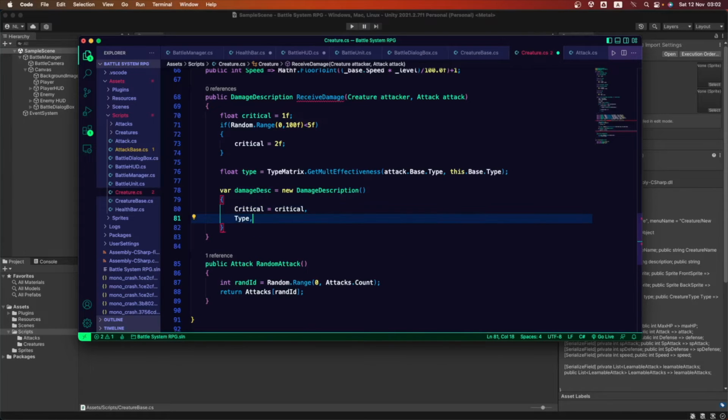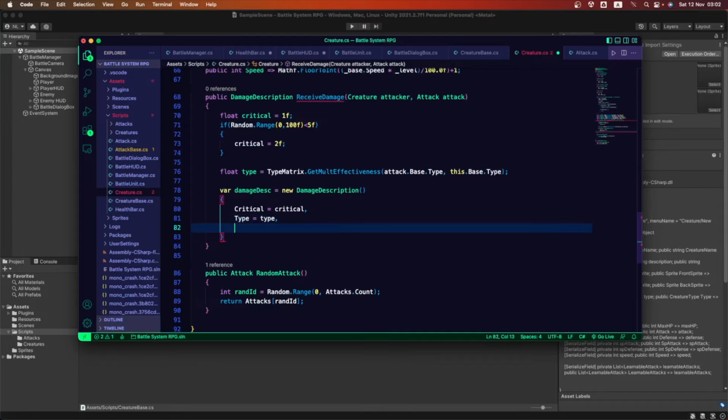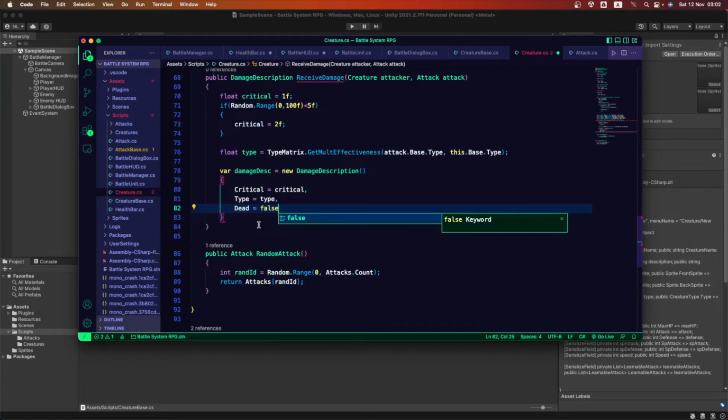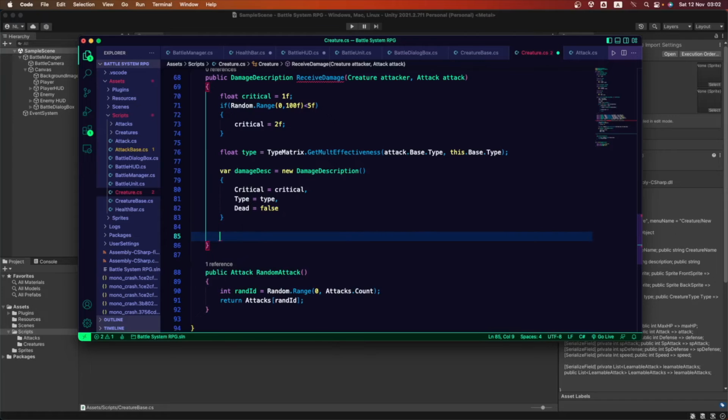Type is gonna be equal to type, which is the one we just created here. As you can see, we're assigning those values. And dead for now is gonna be equal to false. So we're gonna set that value to false. Okay, so let's continue on building this formula, the one we just saw on the website.